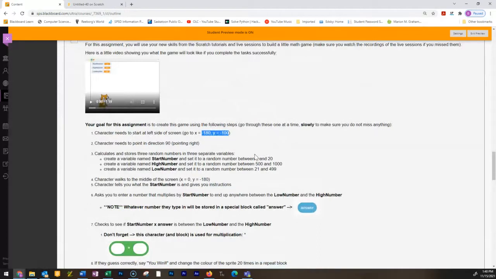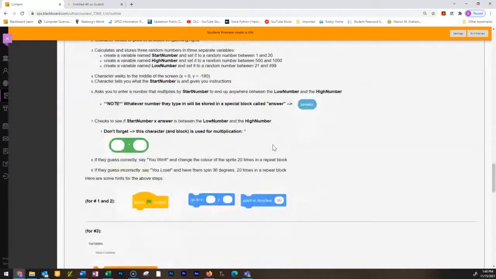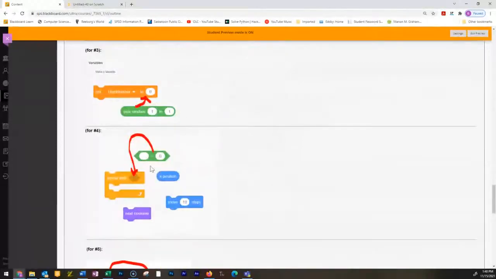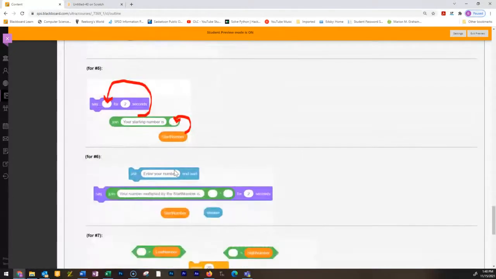You need to create variables and then set random numbers and store them in those variables. So a variable is just like a box that you store stuff in. Okay, so then I show you how to make one of them. And then you can figure out how to do the other 2 or 3. So you get the idea, right? I'm giving you some chunks of it,